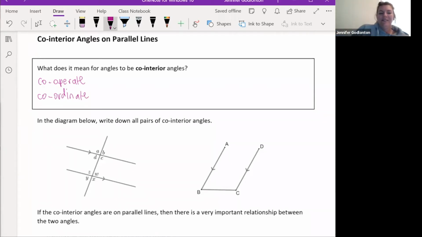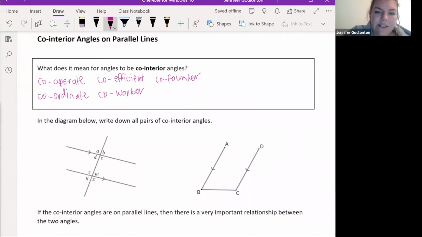Coefficient is a great one. Co-worker, that's another great one. These ones are going to help us a lot. Co-interior has the word co in it. All of these words have got the word co in it. Co-founder, yes, that one will help us a lot. If you look at these words, cooperate, coordinate, coefficient,